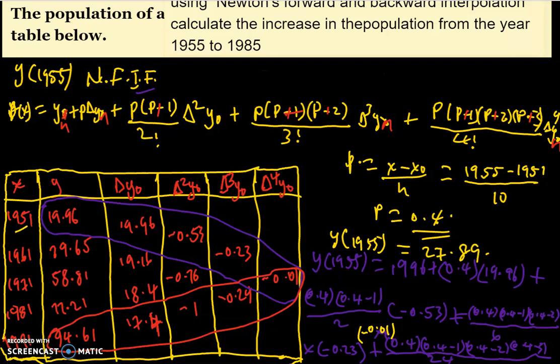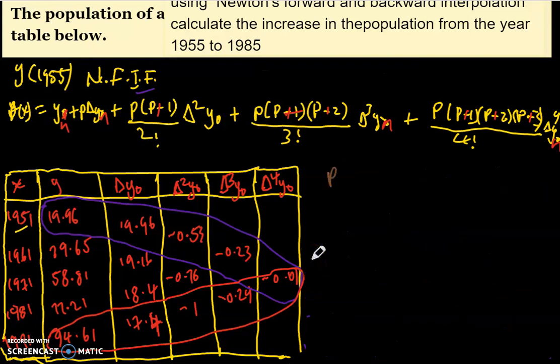The thing we need to do here now is to find the value of p using the Newton backward formula, because the value of p that we got, 0.4, is only for Newton forward. So let us find the value of p using Newton backward. The value of p for backward will be given by x minus xn instead of x naught, divided by h. And for our x, we are calculating using 1985. The other one was 1955. So 1985 minus